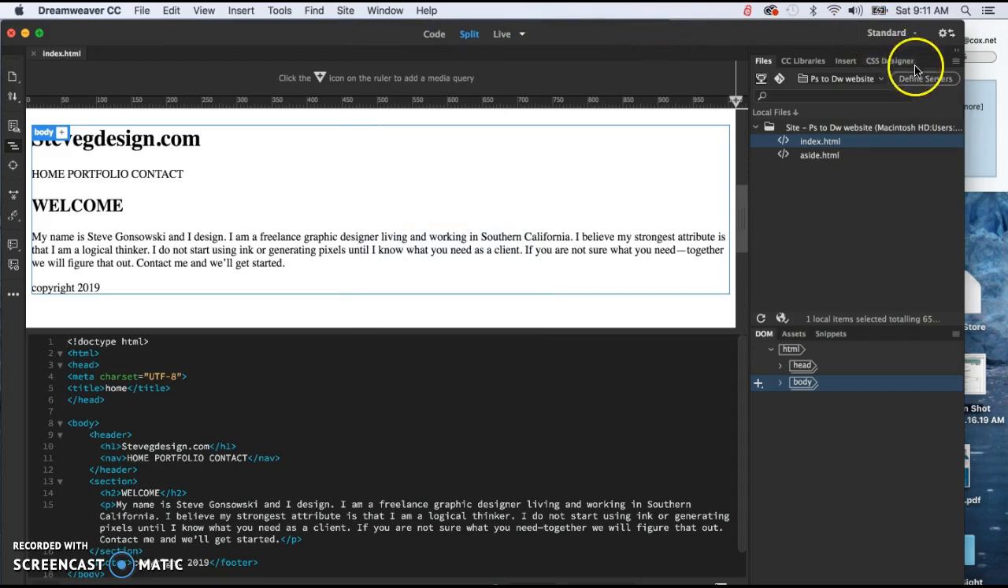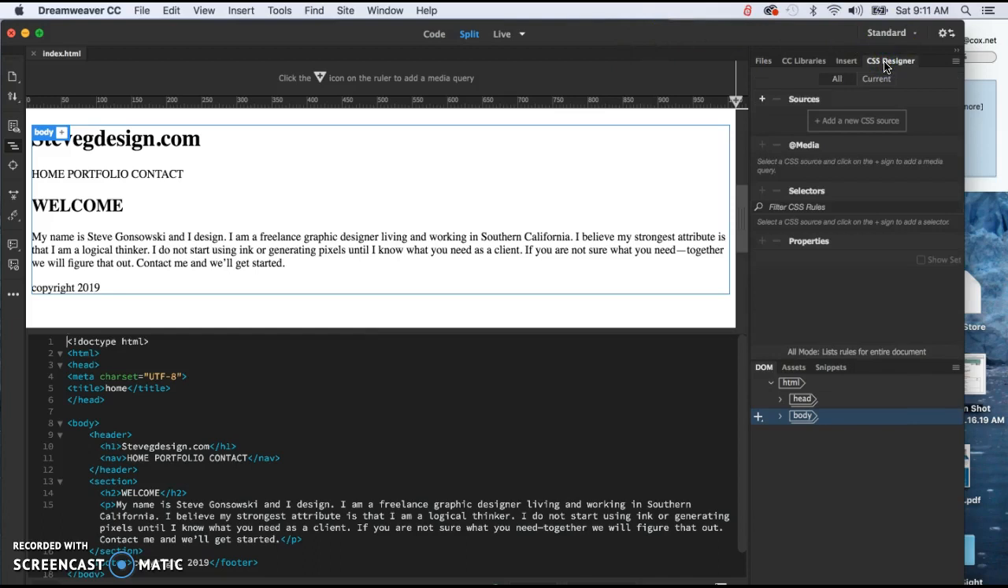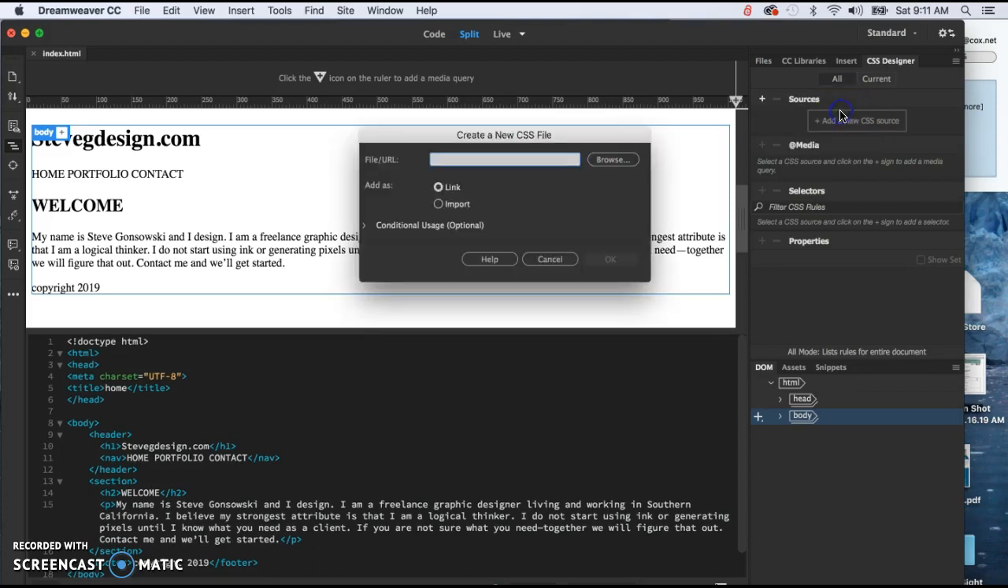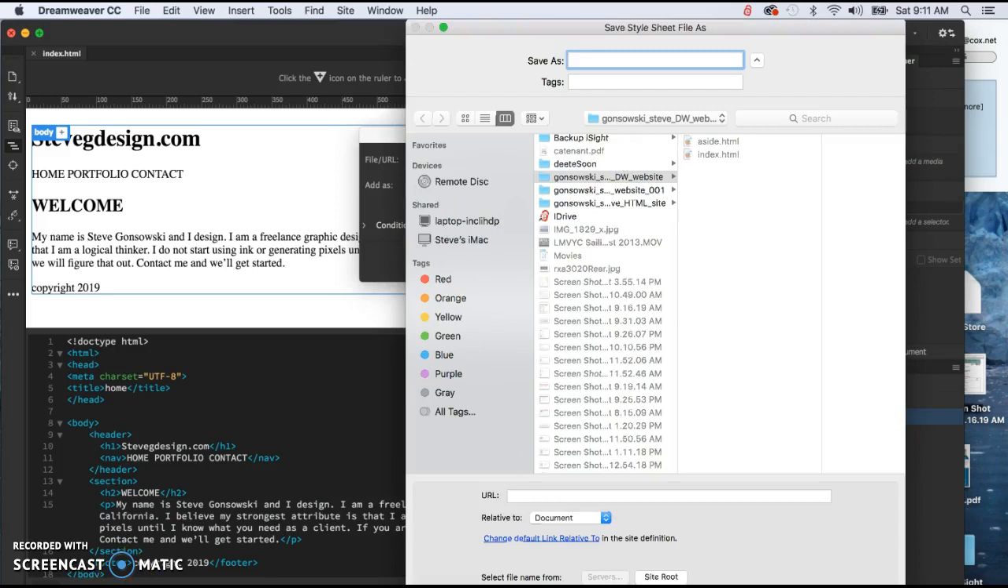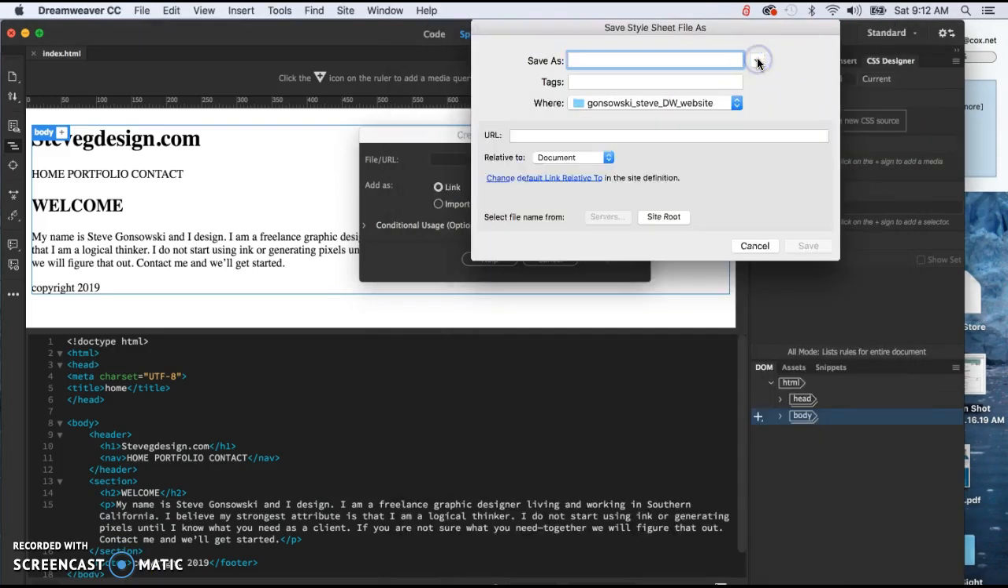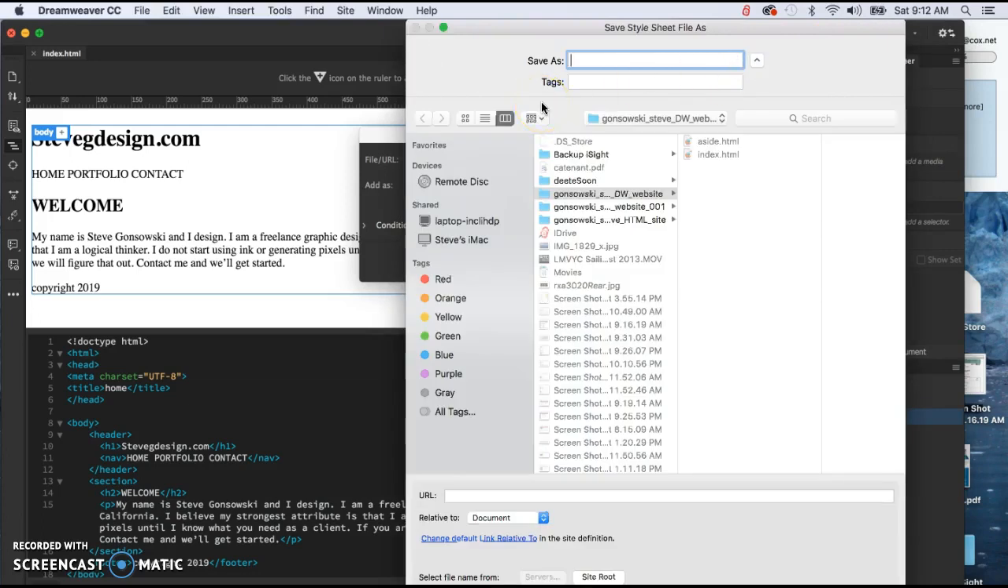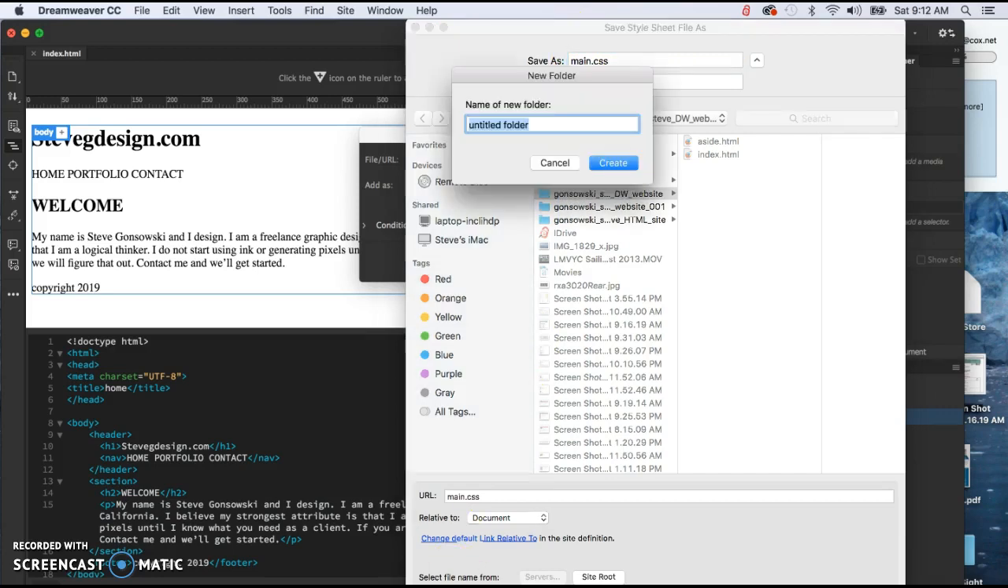Okay, so CSS Designer. First thing we need is a new style sheet. So I will click this right here, add new CSS source, create a new file since we don't have one. It's going to end up being a link. Even though we don't have anything, we still click browse to get this process started. And if your view is small like this, just click this caret. And we want to save this as main.css, meaning that's our main CSS page, and we want to put that in a folder, and we're going to call this